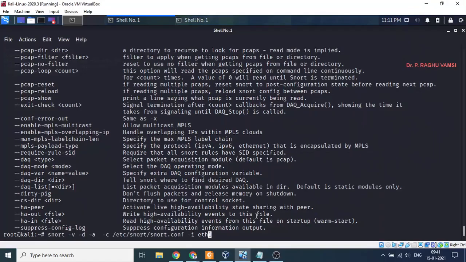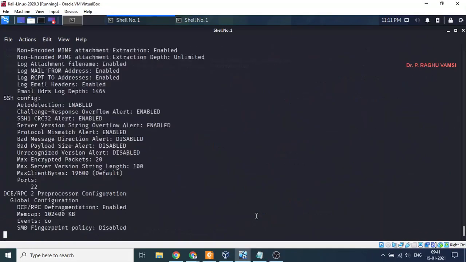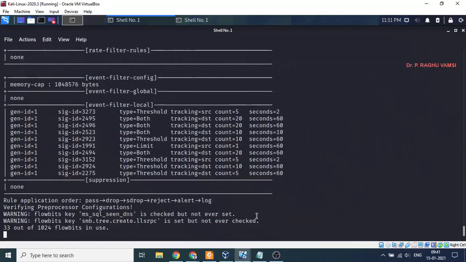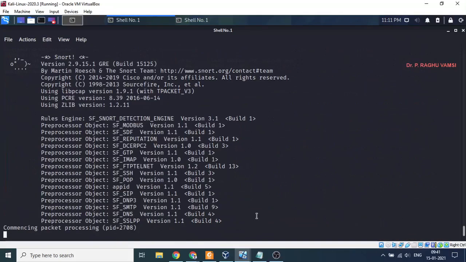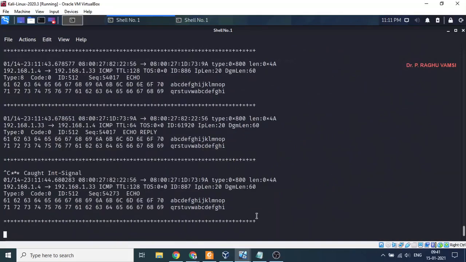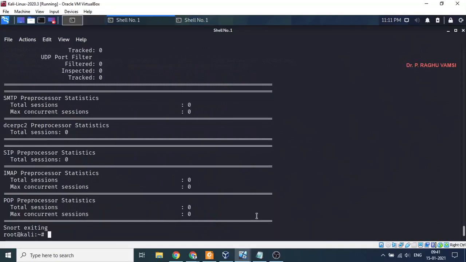Still it is not taking. Ethernet is running, ARP is not working here.